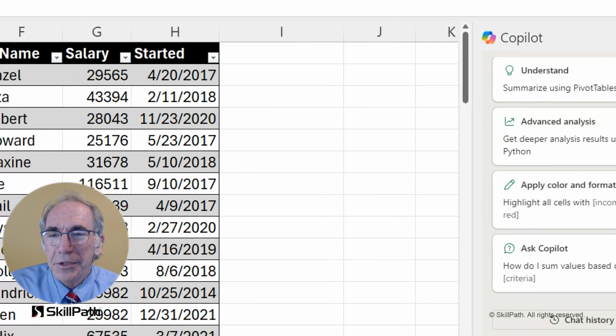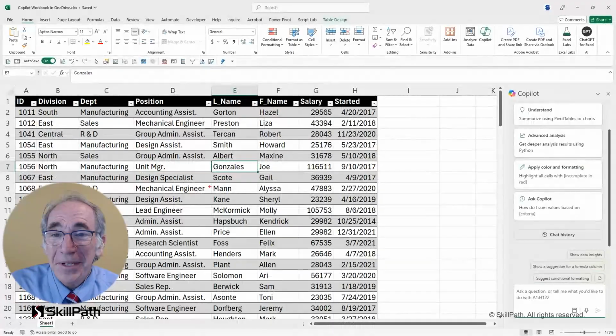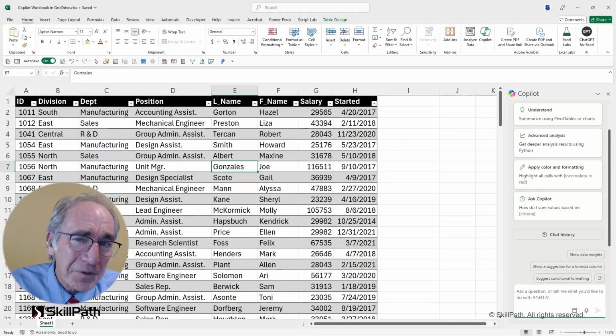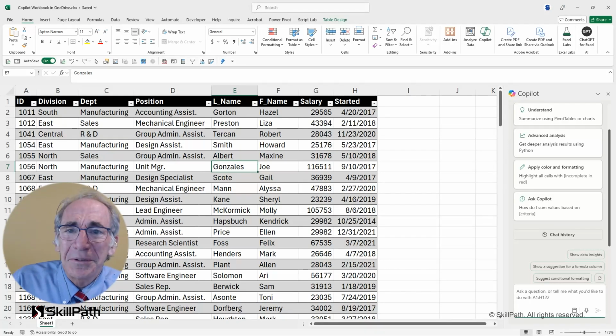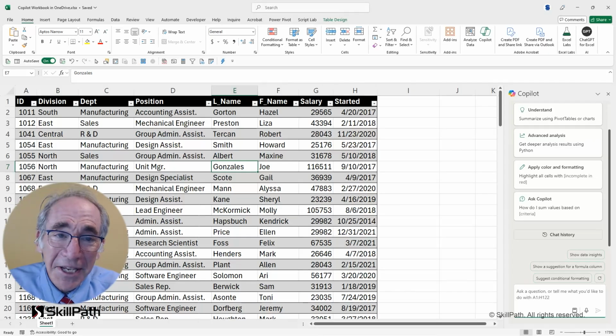The example I'm using is intended to be generic enough to be applicable to a wide array of Microsoft Excel users. It's all fictitious data, but I have a column of dates. I have a column with numbers, salary, and I have columns with words in them. So, if you want to try these things, all you really need is data that's got some dates and some numbers and some text. Then you're kind of ready to go.